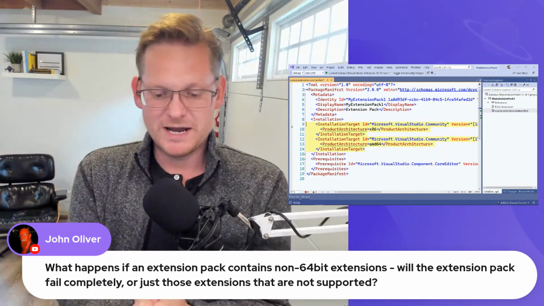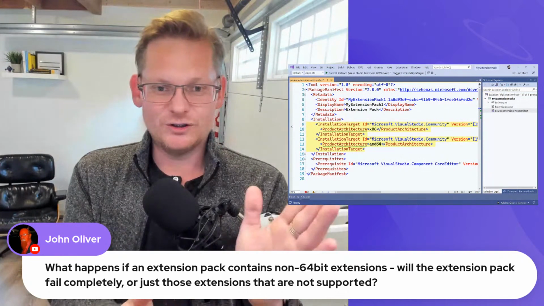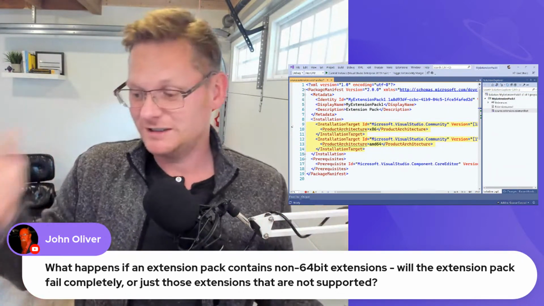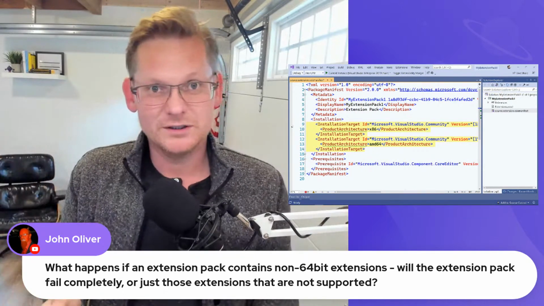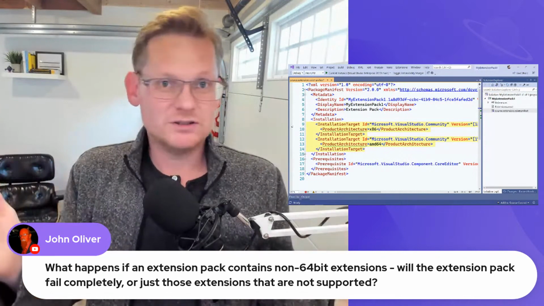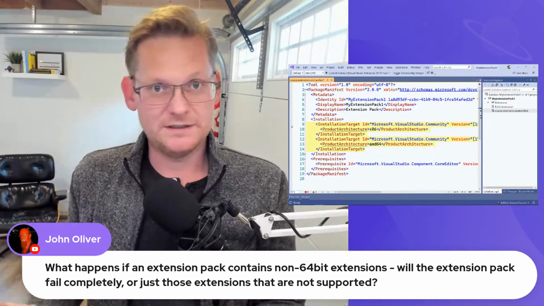So you can have an extension pack that's called demo, and it just refers to demo 16 and demo 17. And when you install that on a box that has Dev 17, it will just install the Dev 17 one, and it will skip the 16 one.